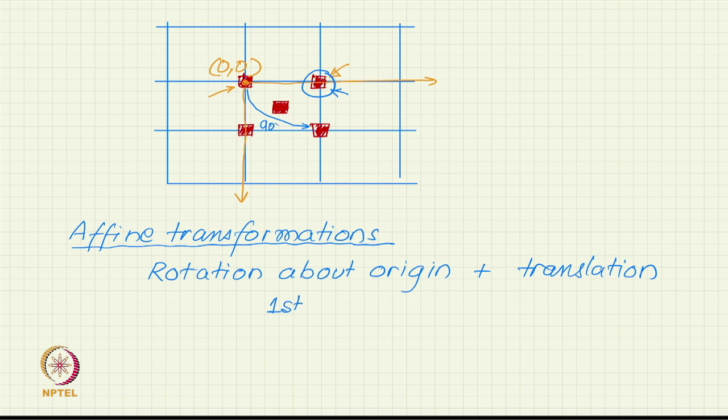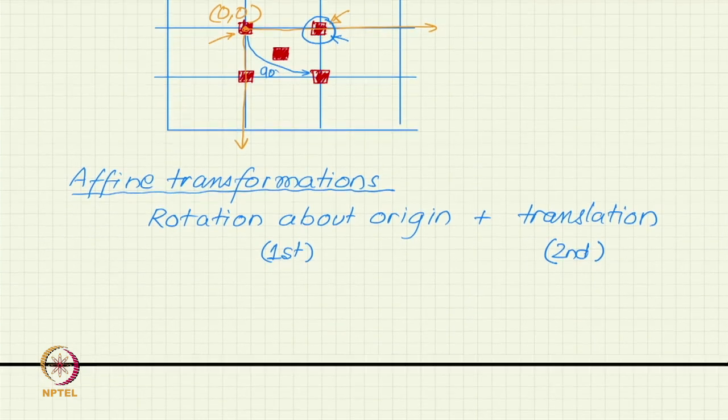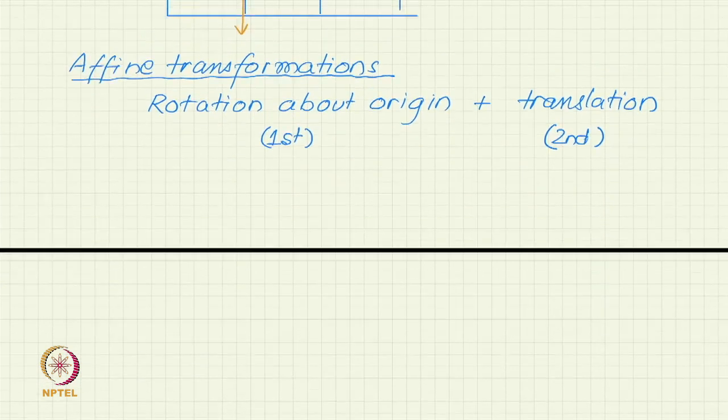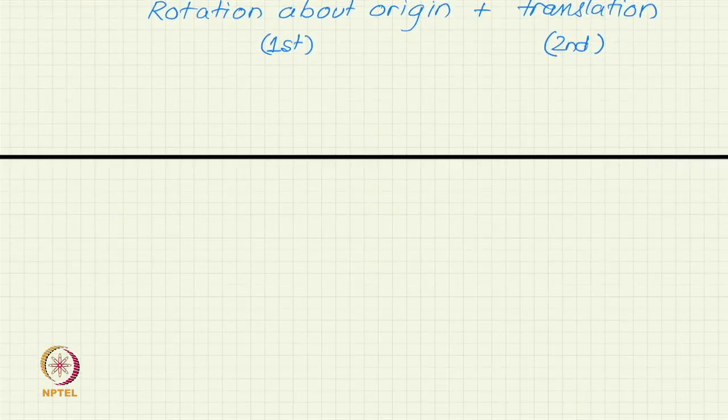First we rotate about the origin and then we translate. Such an operation, which is a combination of rotation about an origin followed by translation, we will call an affine transformation. So, you can see that now the mapping will be